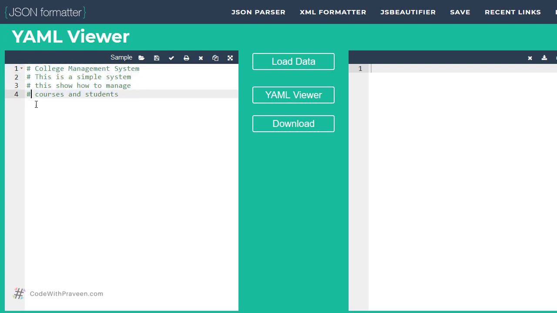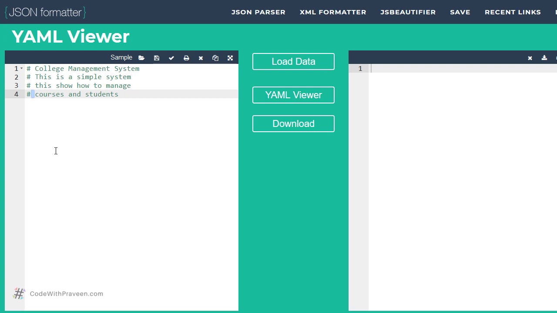But when it comes to the usage, there is no difference. Anything followed by the hash symbol is going to be ignored by the YAML processors. One recommended approach I would like to tell you is that when it comes to comments, I prefer to leave a space between the symbol and the actual text, so that it is easier for you as well as other developers to read these comments.